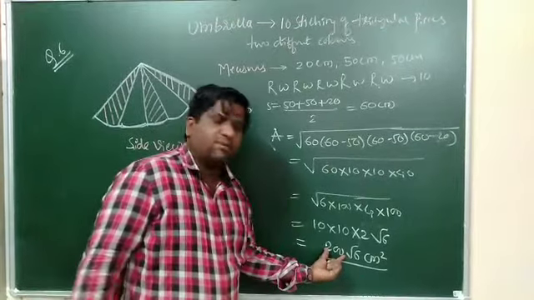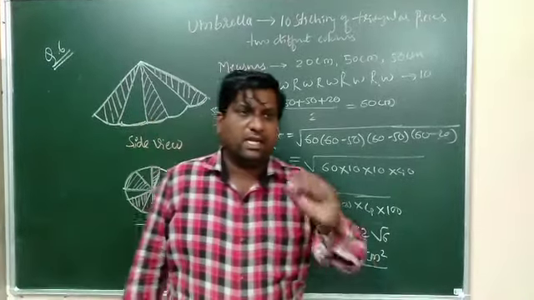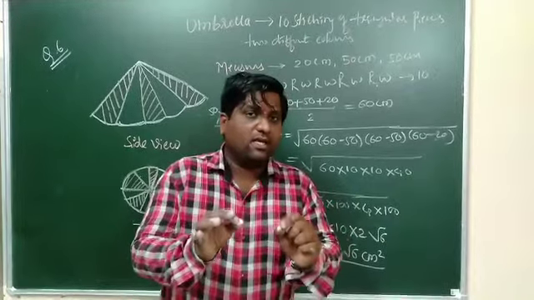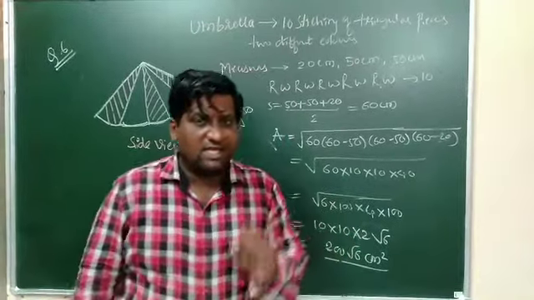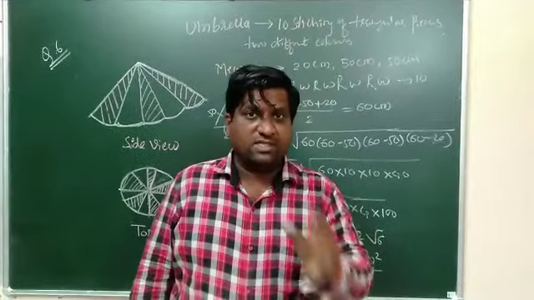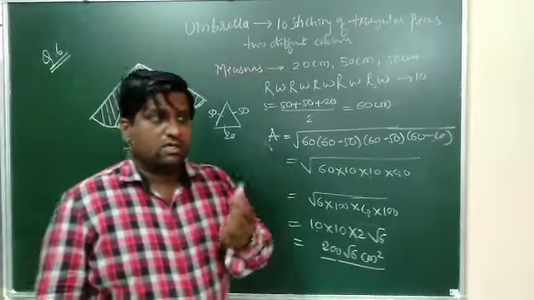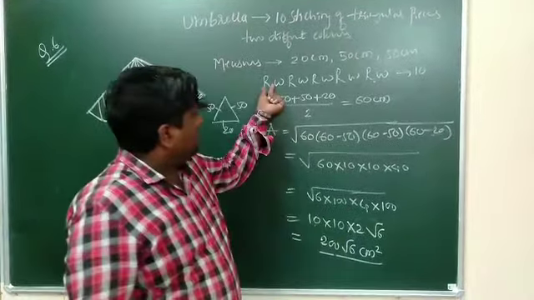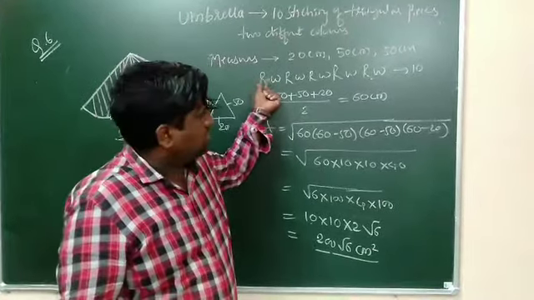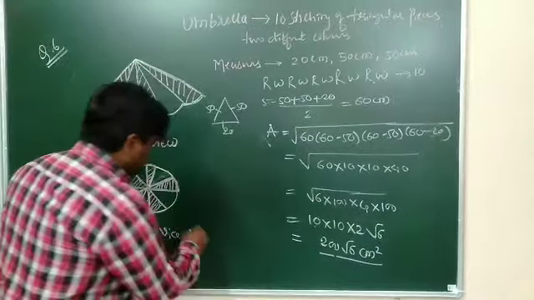So simply multiplying, if you are multiplying it by 10, you will get the total area, the total cloth required to prepare an umbrella. But what he has asked is how much cloth is required for each color. Each means each color, not a single piece. Each color, for example, red. Let us assume a red color. So how many pieces are there? The number of pieces is 5.